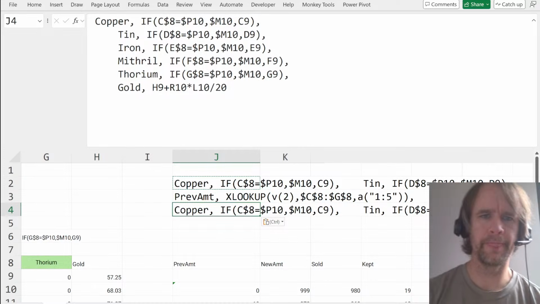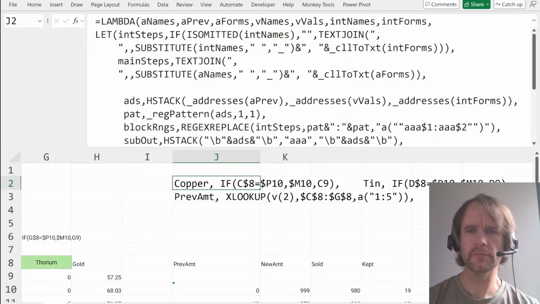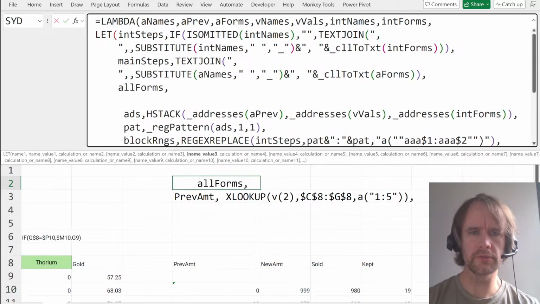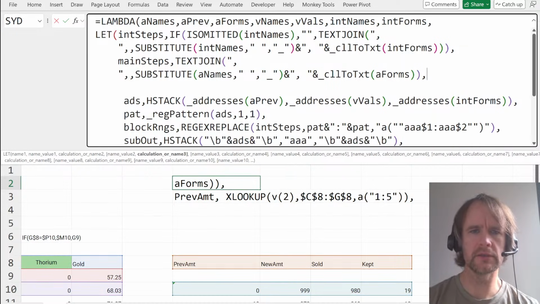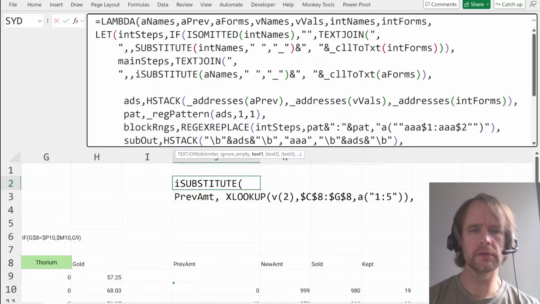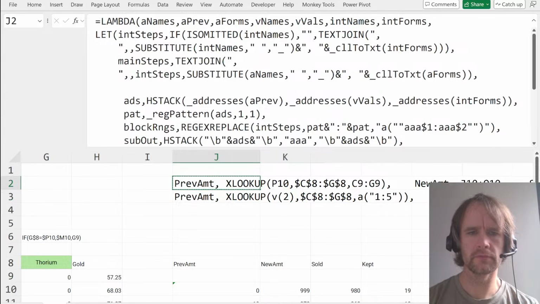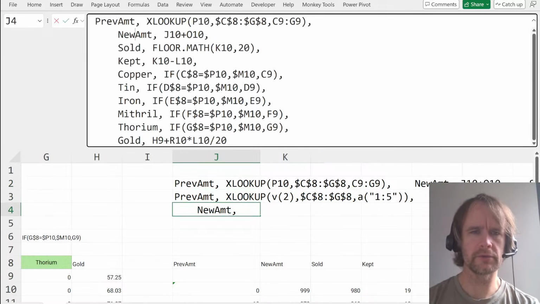Okay, we're getting there. So now I want, let's say, call it all forms will be... actually, you know what, I don't even need that, I just need to add in this here, int steps. So then we calculate prev amount, new amount, sold, kept, copper, tin, and so on,